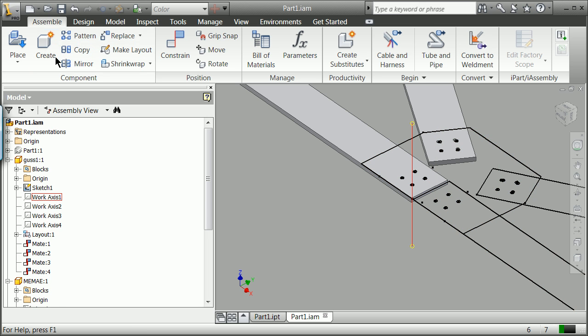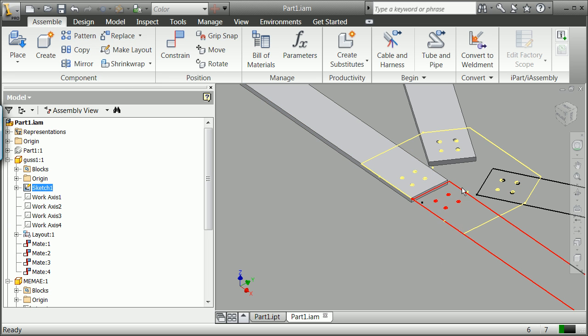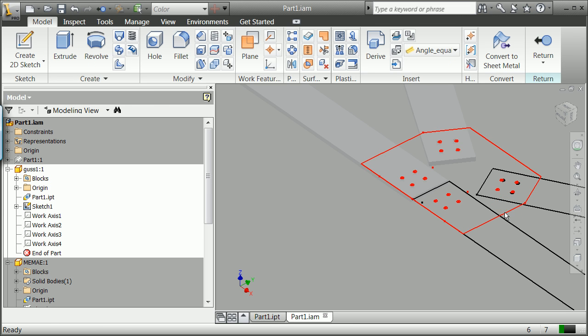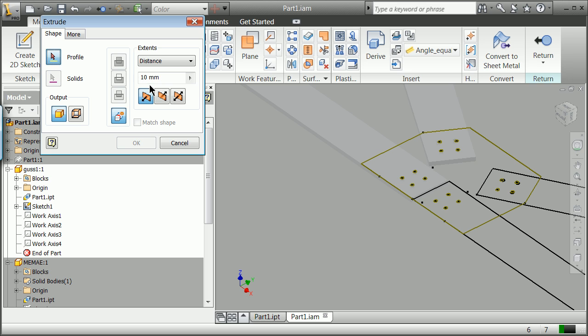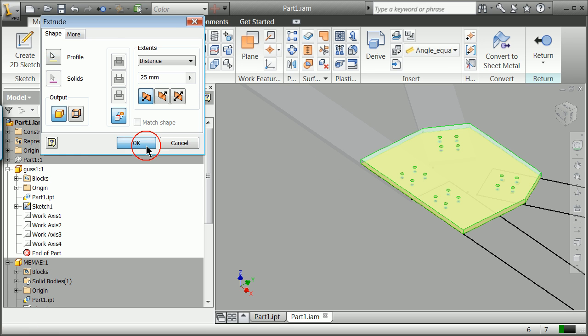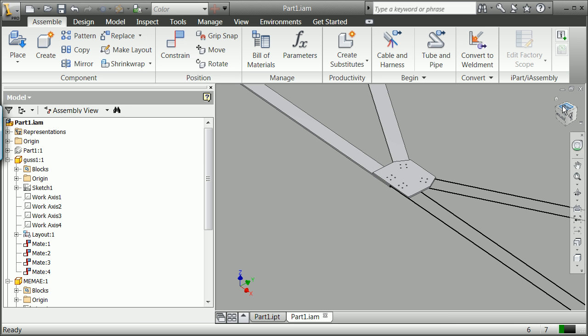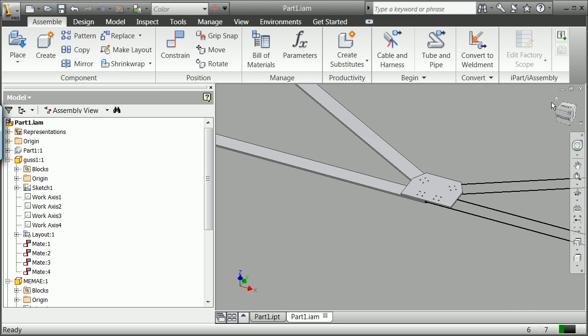Same thing here. You can actually go to the layout or the sketch if you would. You've got the sketch there, but you want to go to the sketch here, and you want to double click, and at that point you can extrude coming out 25 millimeters. Get your profile here, hit OK, and now you have, in effect, right click, finish edit. You do that all the way through, and in effect what you now have as you do this is you